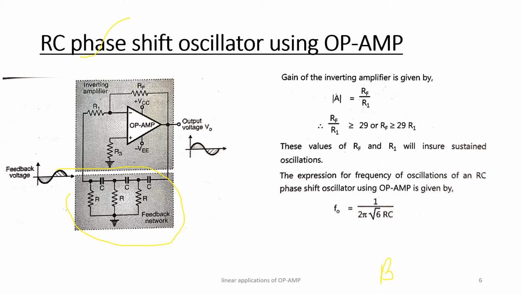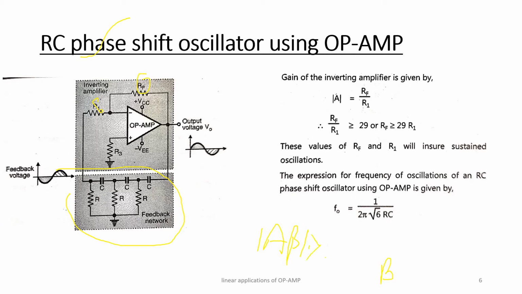We all know that the gain of the amplifier is decided by the feedback resistance RF and the input resistance R1. This gain is adjusted in such a way that the product of modulus of A into beta, where A is the gain and beta is the feedback factor, is slightly greater